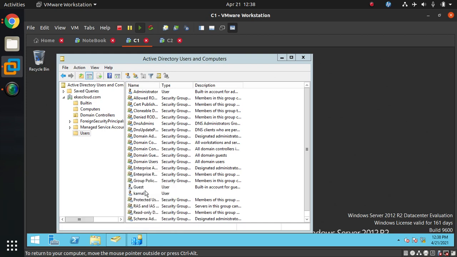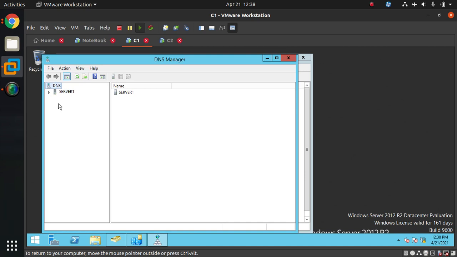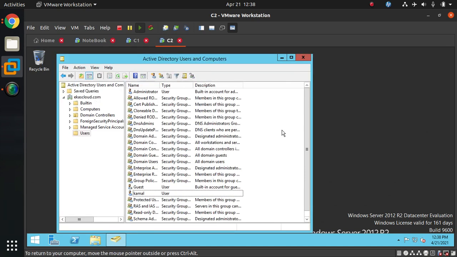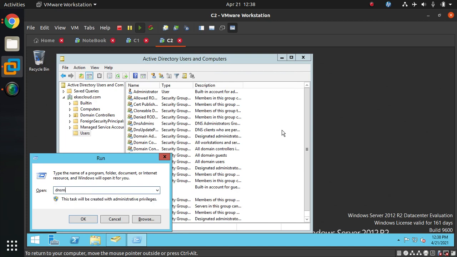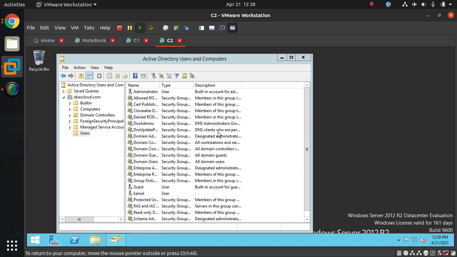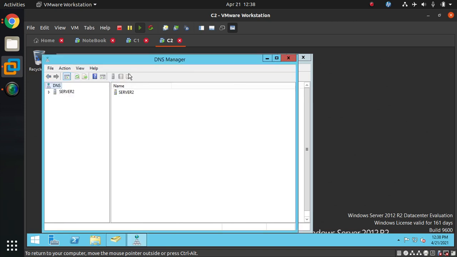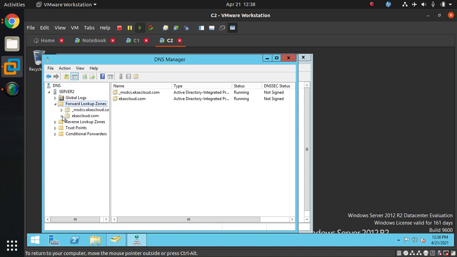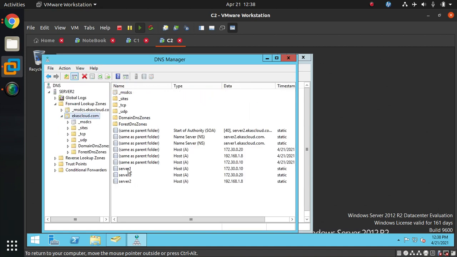And if you want to check some more things, if I go to dnsmgmt.msc, you open dnsmgmt.msc on server 1 and on server 2. On server 2, expand, see, you have the server 1 and server 2 records, static.